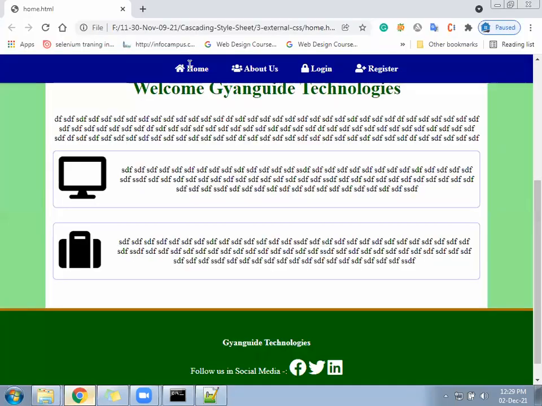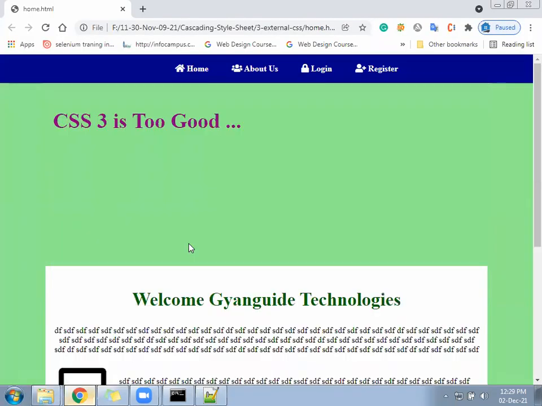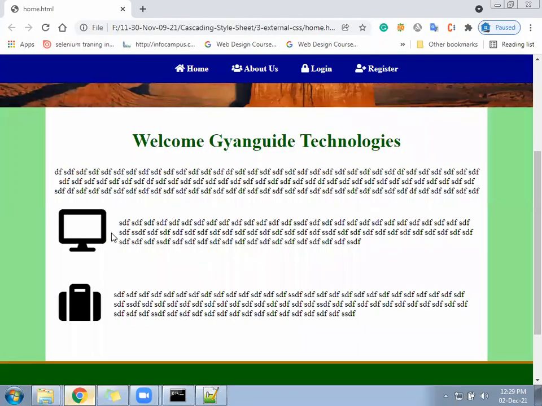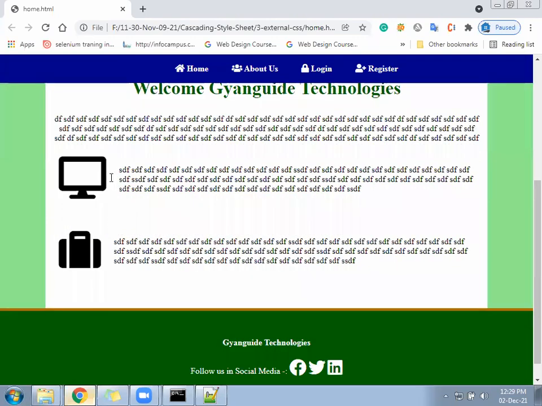So it's coming on the left side, text aligned on the left side now. This icon we have on the left, and the text is just there. Okay, paragraph is also okay, no problem.